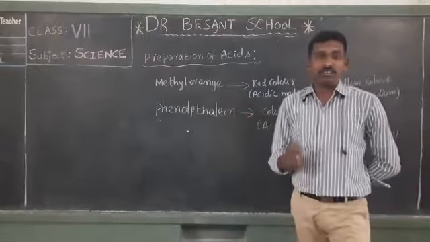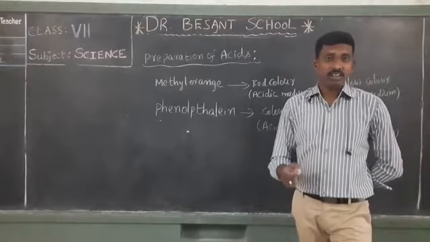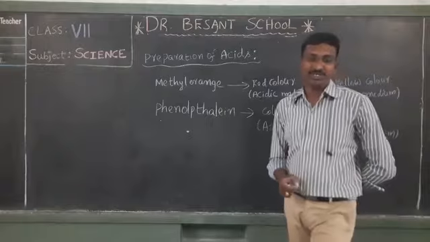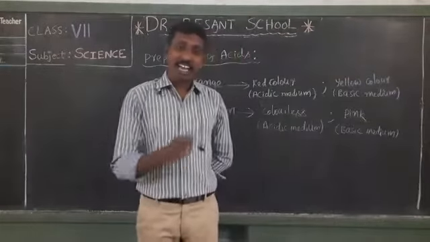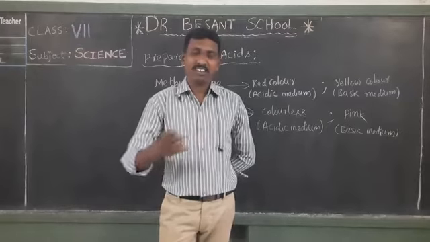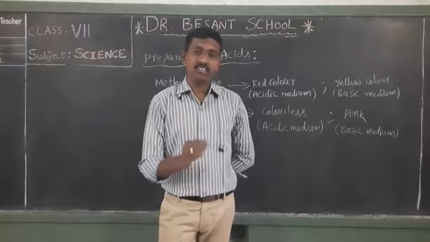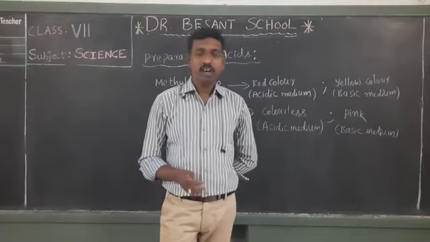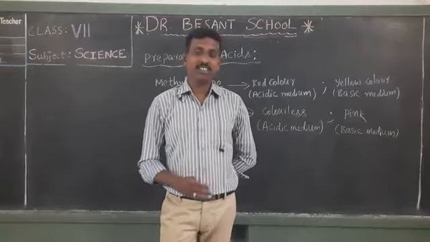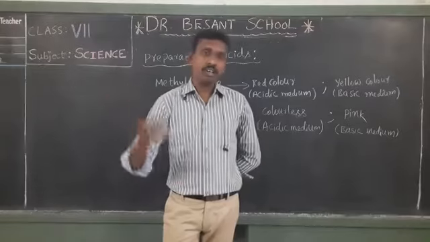These two indicators are also very helpful for the next part of the lesson, where we are going to convert an acid into a base. Is it possible? Both properties are different. You can convert a substance of acidic nature to basic nature by adding some amount of base to it. We call those titrations, and these topics will be learnt in the further classes.